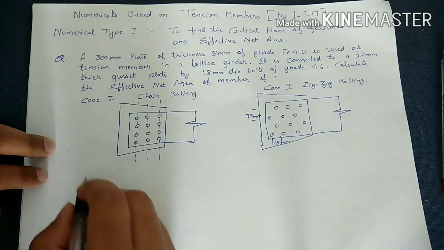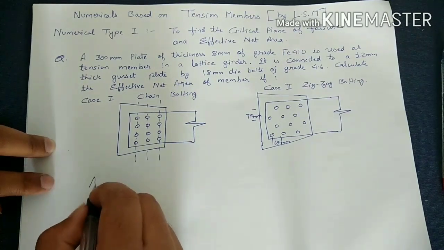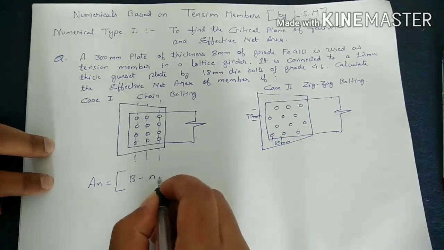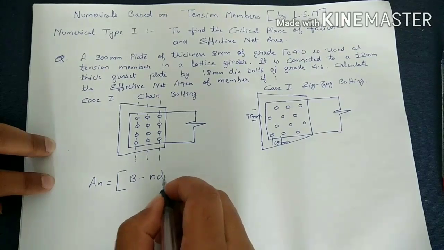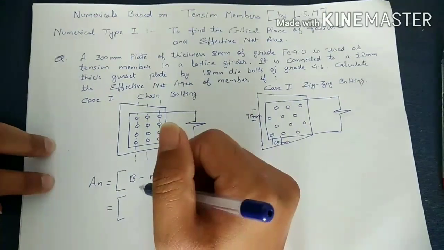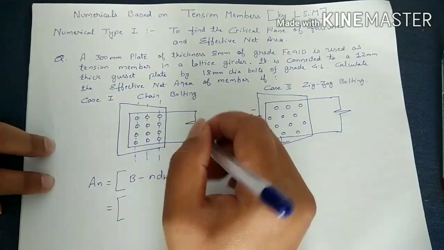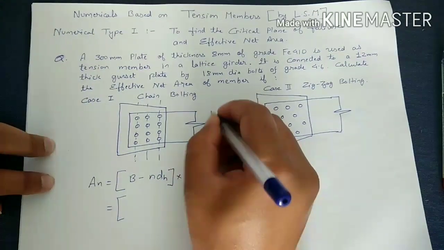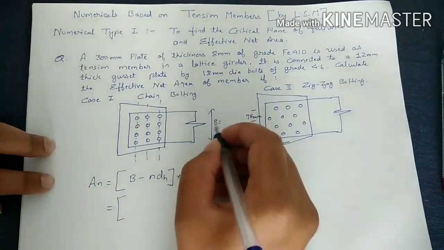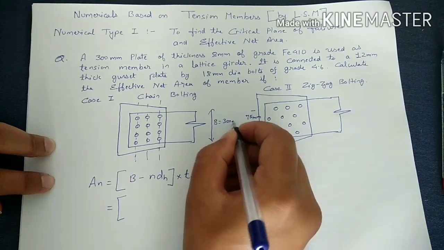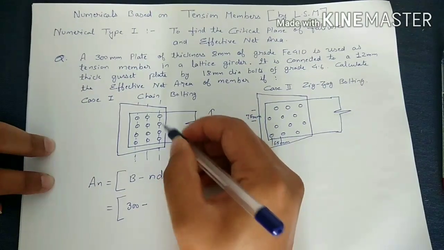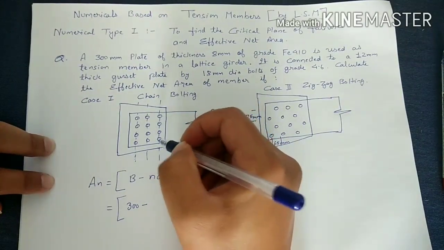So we have the basic formula, that is AN equals to width minus number of bolts into dia of holes into thickness of plate. So B is the width of plate, and it is given as 300 mm. So 300 mm minus n, number of bolts coming in this plane, that is 1, 2, 3, 4,